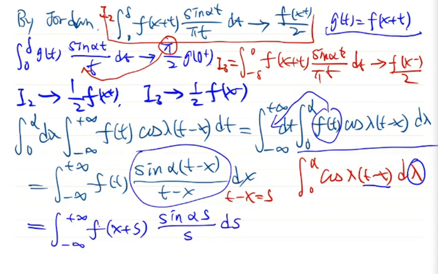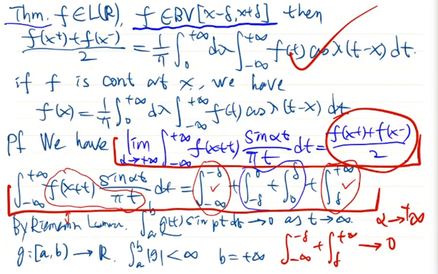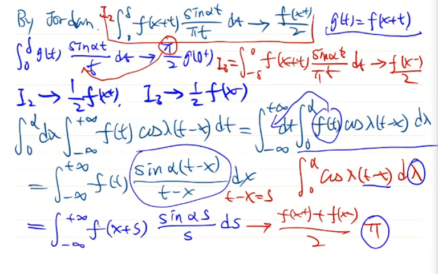Okay. So by the result we just proved, this limit we proved at the very beginning, we see that of course our integration variable is replaced by s. That is not essential. So the limit goes to f(x plus) plus f(x minus) times pi, because we do not have a pi here in this computation, so we need to add a pi here. Okay, but after dividing by pi, move the pi,